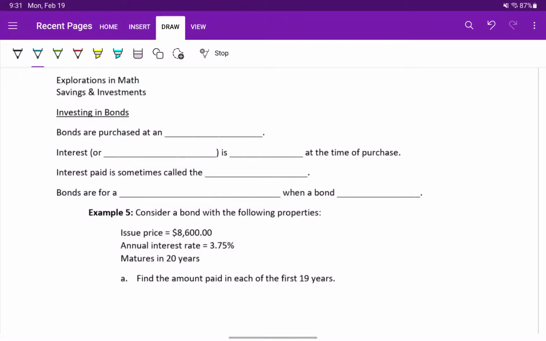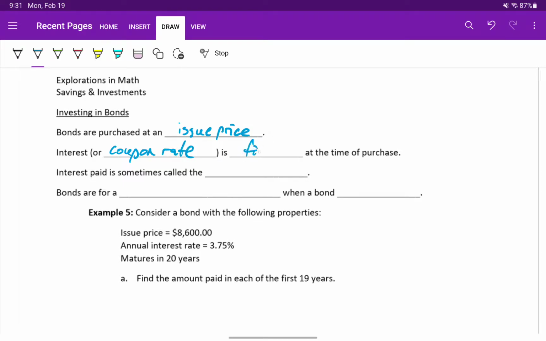Another method for investing is to invest in bonds. Bonds are purchased at what's referred to as an issue price. So that's your original investment into the bond. The interest, sometimes referred to as the coupon rate,